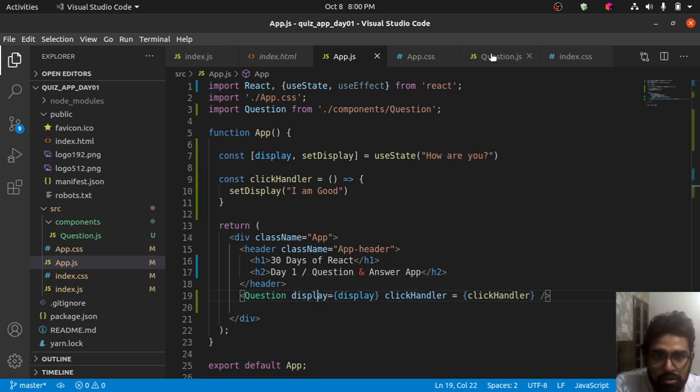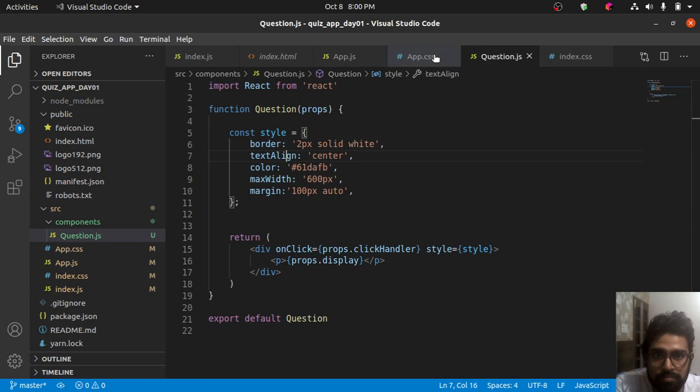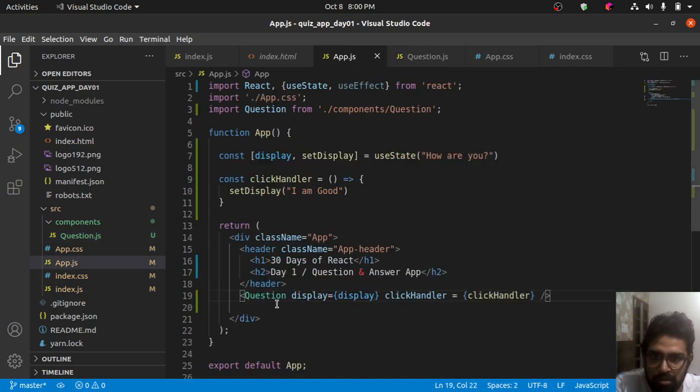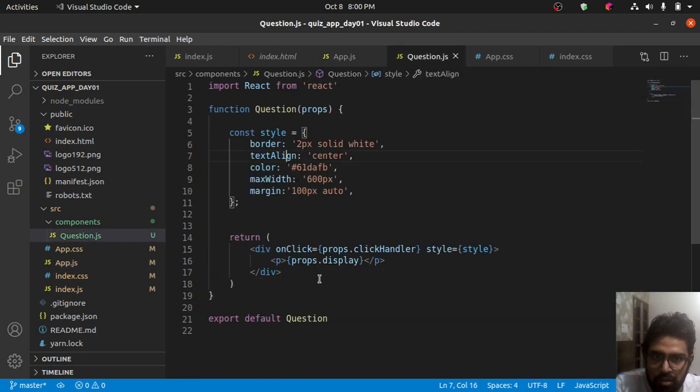In this question.js we have this onClick property. Basically if we click on that div, then the props.clickHandler function will run. The style is this styling, which will appear on this div, and props.display, as we pass this display state over here, will get rendered.